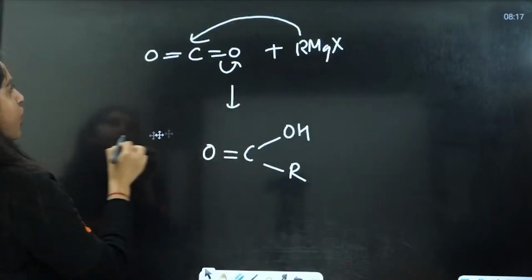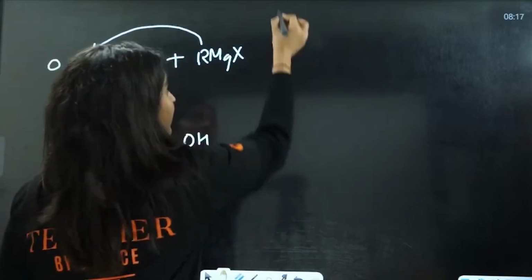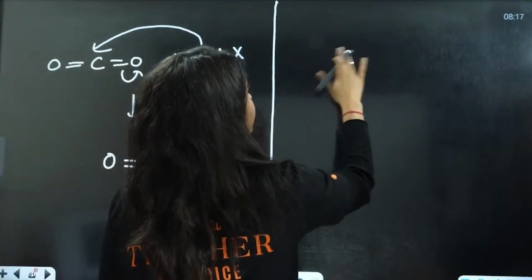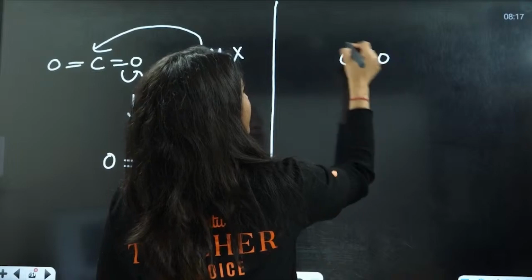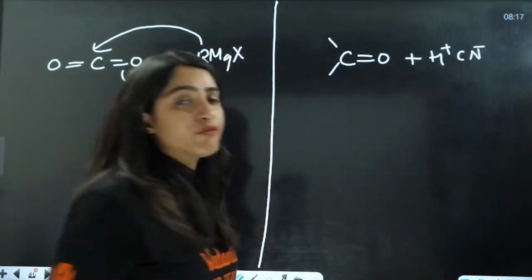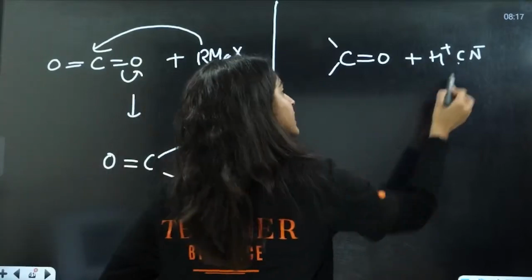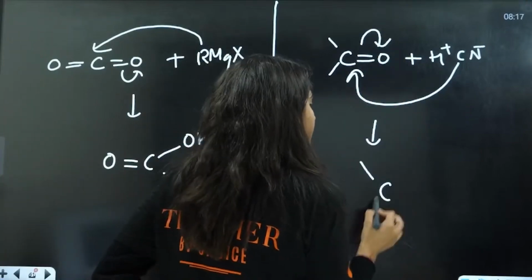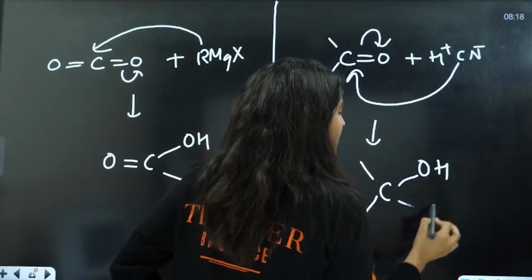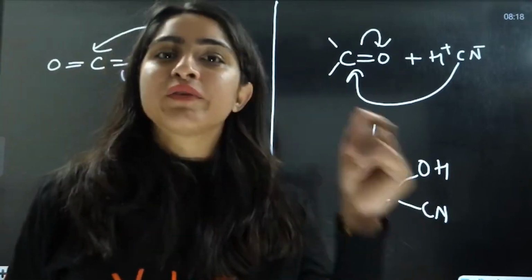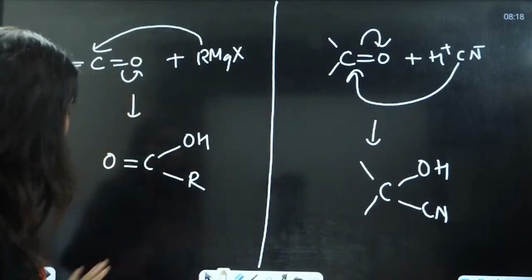One more reaction, that is the formation of cyanohydrin. It is the same reaction. For example, you have C double bond O, and this is the positive part, this is the negative part. Always in a carbonyl group, this negative part will attack here, electrons will jump here, and here you will have the formation of cyanohydrin. Always in a carbonyl group, positive, negative, right?